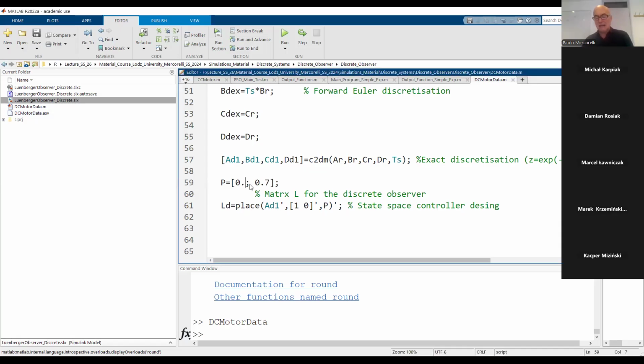Let me write 0.9. Do you remember I told you that close to 1 we have the slowest dynamics? One corresponds to s equals 0. And even though I put it very close, the real distance of the dynamics is relevant because I compressed